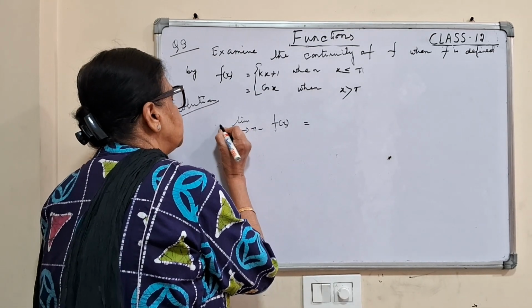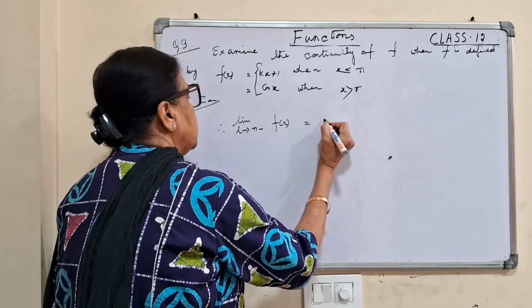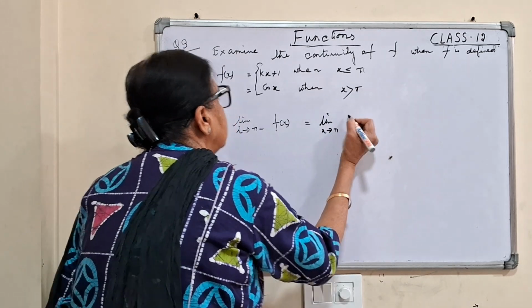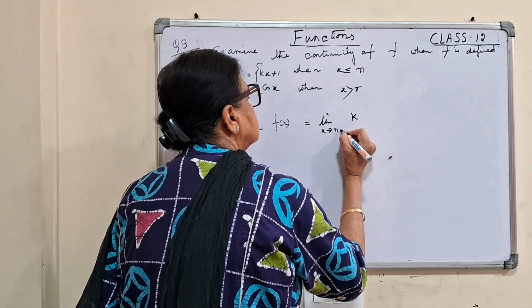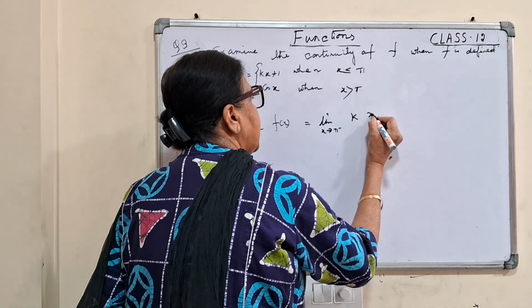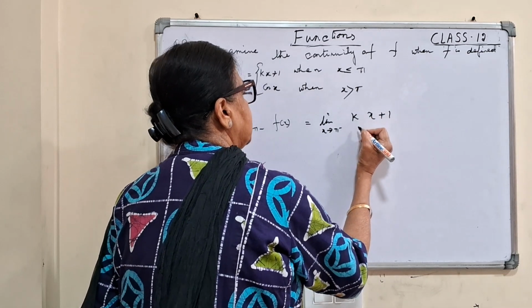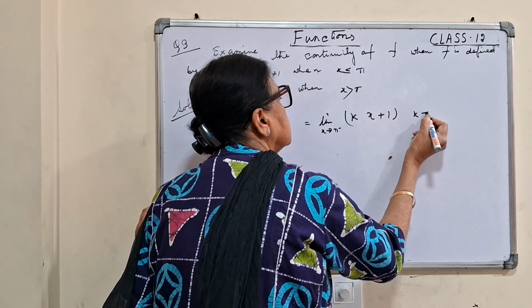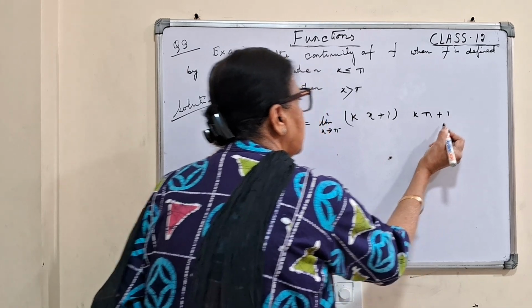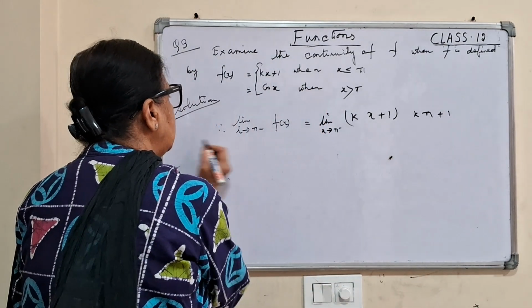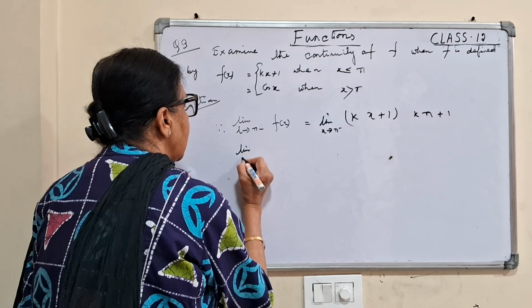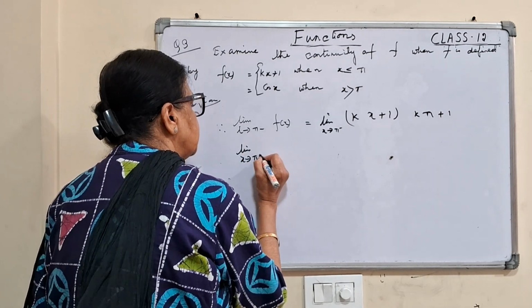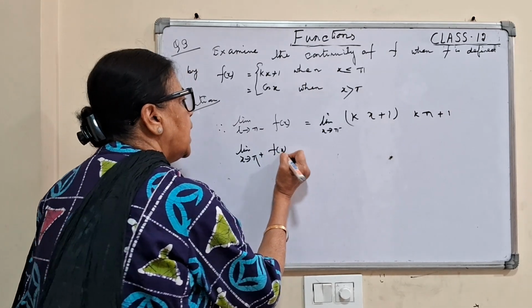Therefore the left hand limit is the limit as x tends to pi of kx plus 1. Instead of x, I will just put pi, that is k pi plus 1, and the right hand limit will be the limit as x tends to pi plus of f(x)